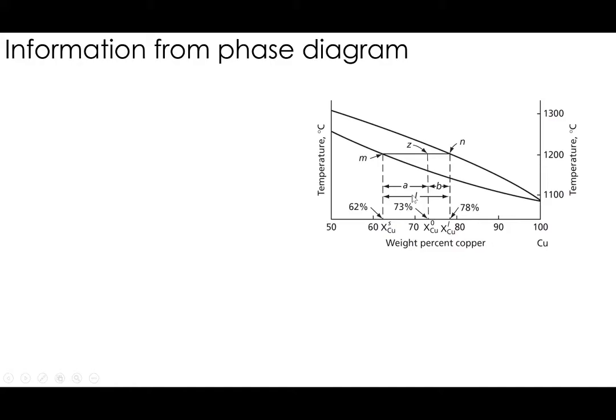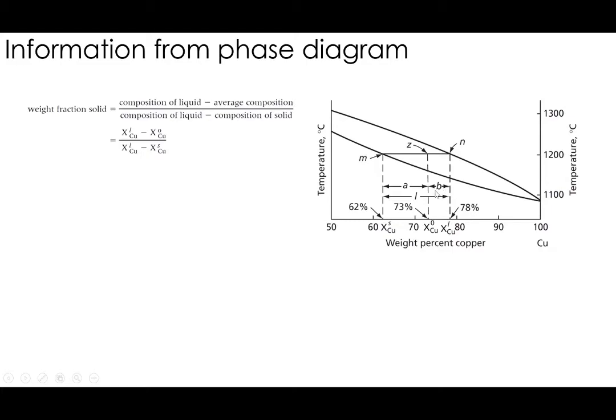They are going to be used by us for figuring out the amount of each phase. Now this is how the weight fraction of solid is calculated. Weight fraction of solid is nothing but the amount of solid in terms of weight fraction. So here, the composition of liquid minus the average composition, divided by the composition of liquid minus the composition of solid. If you do this, that is where you get the weight fraction of solid, which is basically X_L of copper, which is this point, minus X_0 of copper, which is this point.